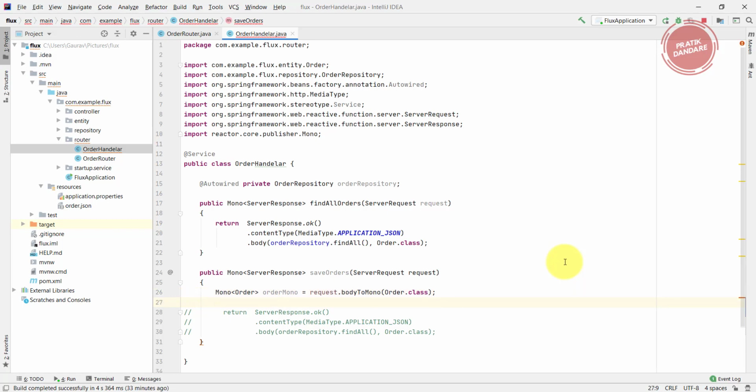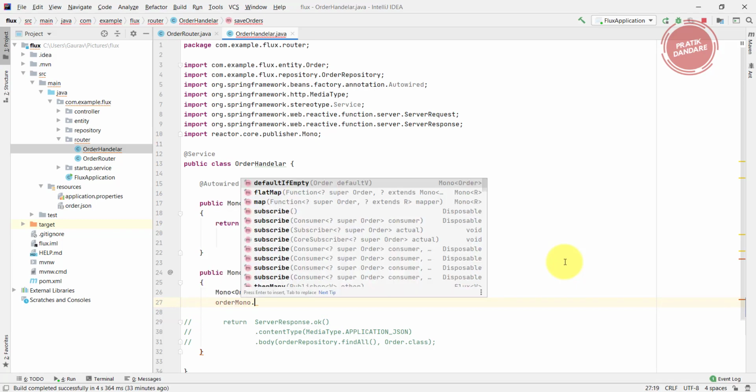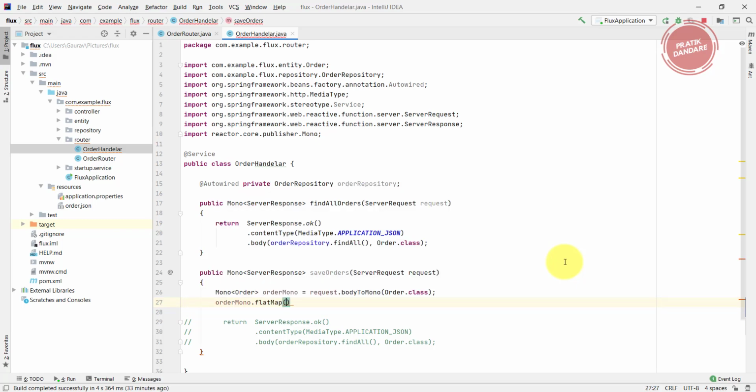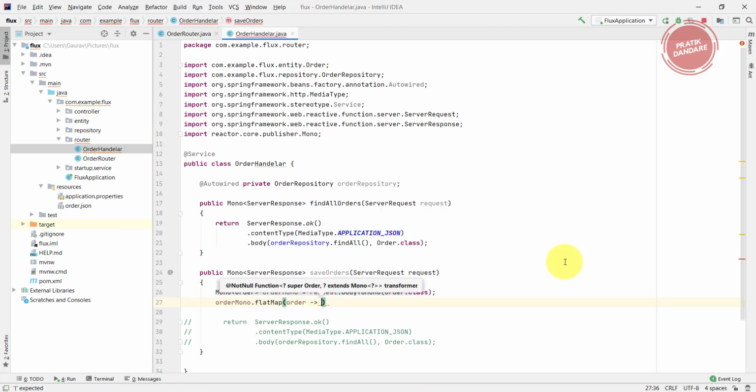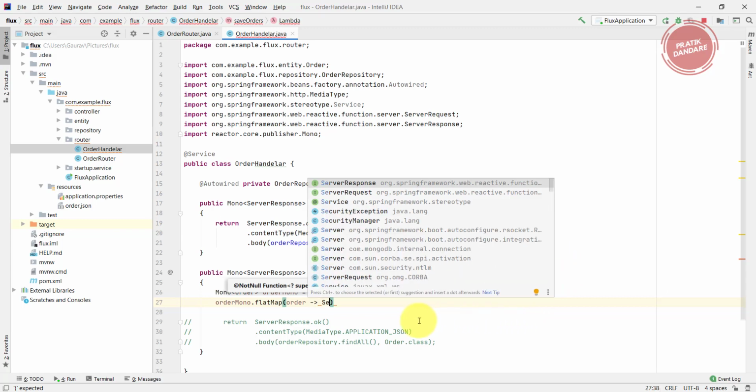I need to get the actual order because it's a Mono, so to get the actual order I am using a flatMap. Now we get the actual order. Now we are going to return a server response, so I am going to set the server response.